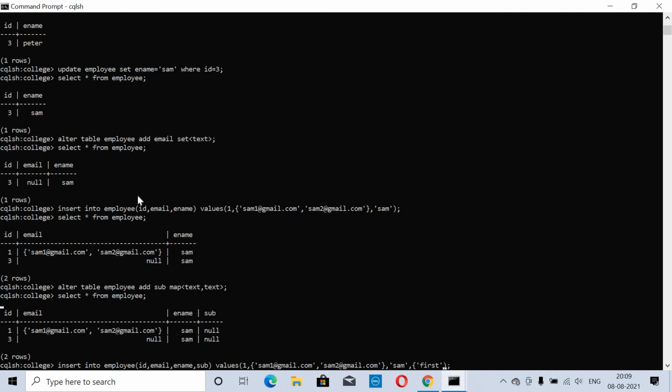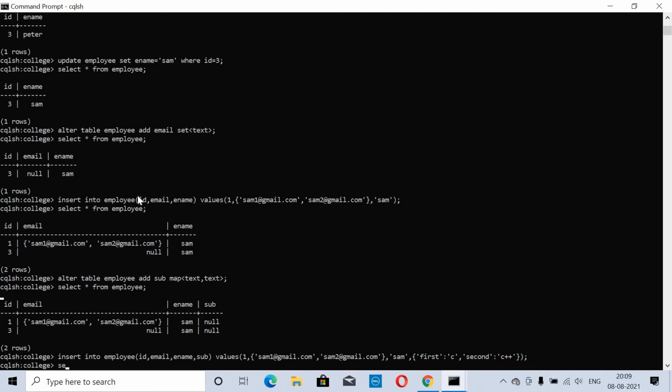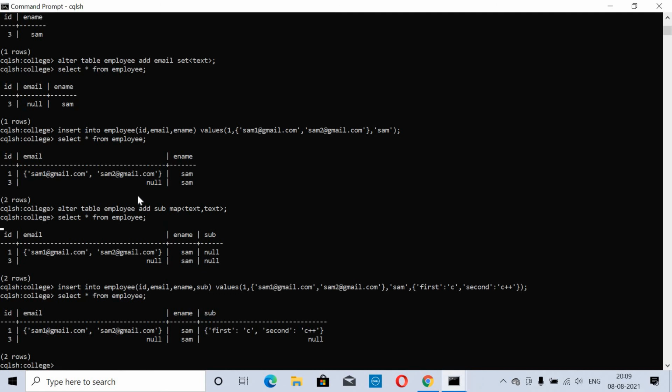What all subjects he takes: for the first year he takes programming, and for the second year he takes C++. Select star from employee. This is where we have inserted the record. The first year he takes C and the second year C++. This is what is called mapping. We can do it in the Cassandra database.